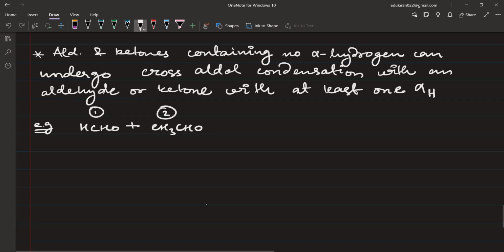Then which carbon does not have alpha hydrogen? 1 or 2? 1. 1 does not have. ठीक है ना? तो जिसके पास भी, please remember now, the one which is not having any alpha hydrogen, you will take all the carbons from them. Okay, you will take all the carbons from that carbonyl carbon from that molecule. So we have 2 molecules. The one which is not containing any alpha hydrogen will take all the carbons from them. So we have got carbon, hydrogen, hydrogen. Then we have got